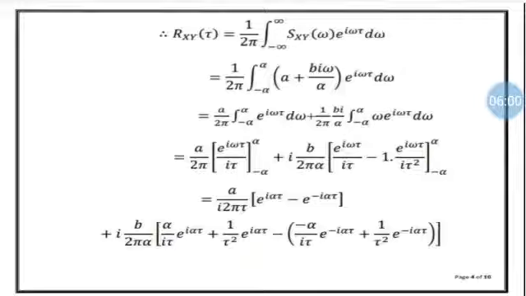Simplifying this term, we get a by i into 2 pi tau into e power i a tau minus e power minus i a tau, plus the second term, i into b by 2 pi a into: first substitute the upper limit, a by i tau into e power i a tau plus i squared value minus 1, so minus minus plus 1 by tau squared into e power i a tau; minus substitute the lower limit, minus a by i tau into e power minus i a tau plus i squared value is minus 1, so minus minus plus 1 by tau squared into e power minus i a tau,